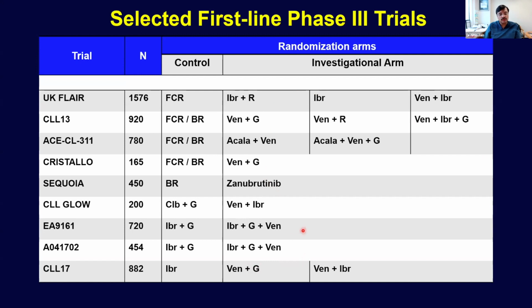And actually they're just comparing now, as a control arm, Ibrutinib-based therapy versus doublets and triplets. So I think these trials are all not reported yet. And I'm hoping that we'll start seeing some of these results in the next 1 to 2 years. And then that may help decide which doublet you need, or is triplet better than doublet? Some of these questions, we don't know the answers. Hopefully we'll know in the next few years, because all these randomized studies are occurring right now.